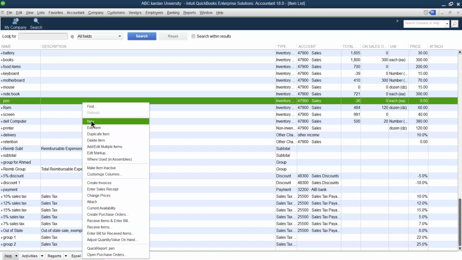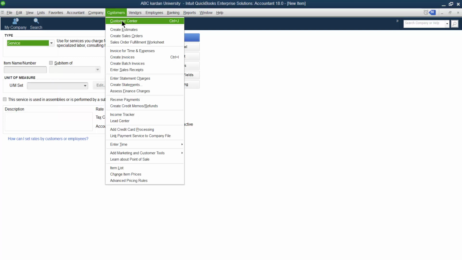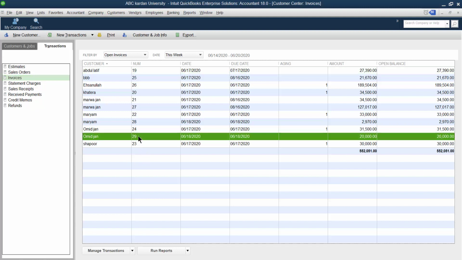So the rest of the things in this section are over. There is nothing remaining. In order to check whether it is done or not, go for the customer, create an invoice. The last invoice was, I think, 29. How much is the amount? Only the amount of 20,000 is recorded for the